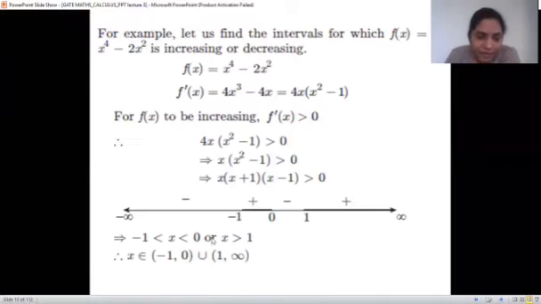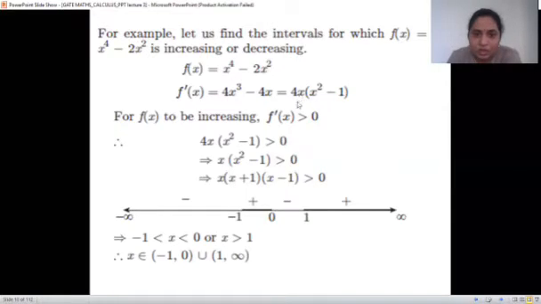Behind that, beyond minus 1, take any one value and check. Suppose we take minus 2. Take minus 2 here: it is minus 8 and minus 2 square, 4 minus 1, 3. 3 into minus 8 is negative. So if we check any value here, it will be negative. For the values here, this is positive. For the values from 0 to 1, if we check for 1, 4 into 1 minus 1, that is 0. In between, we check for any value, 0 to half.